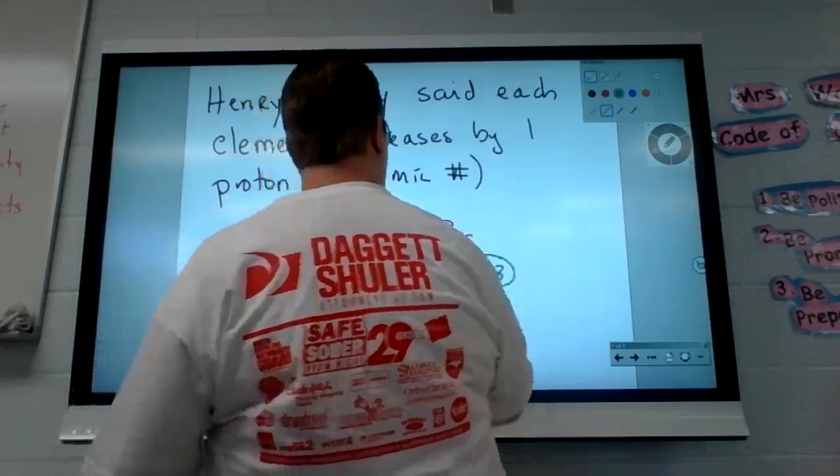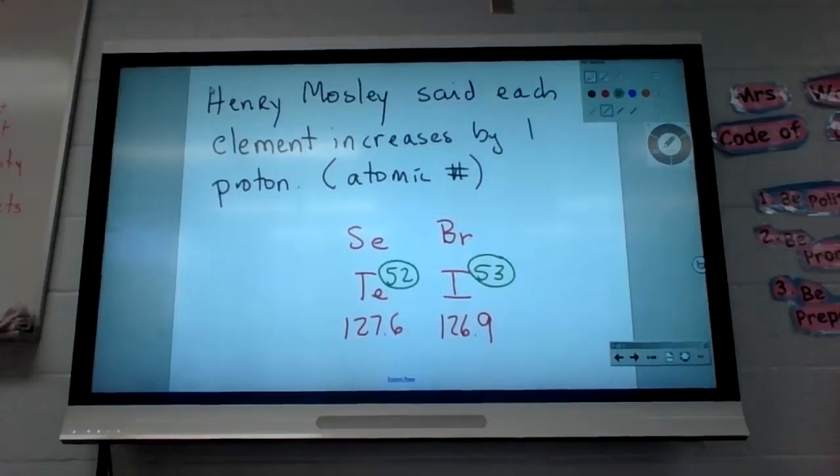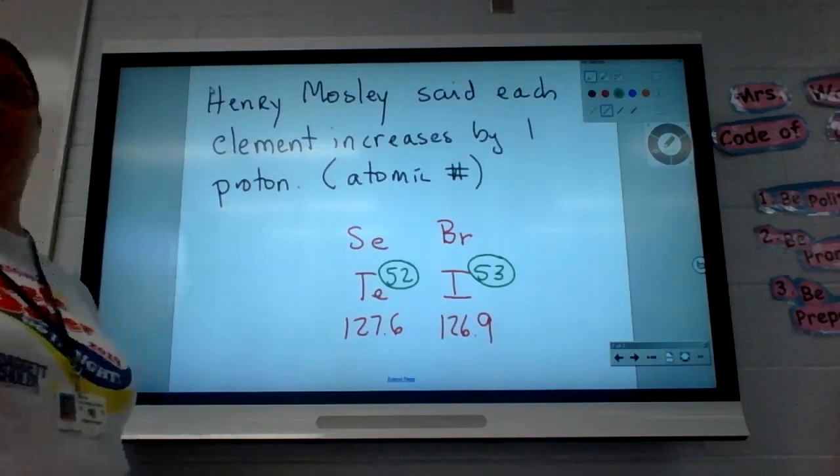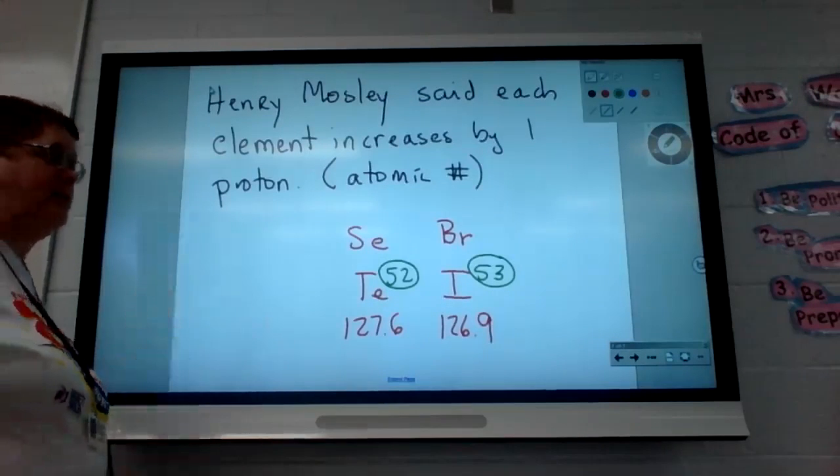Now, if you look at, and I just rewrote it so I didn't have to flip back several boards, if you look at where he had the elements, does tellurium and iodine belong where they are? Yes, even though the mass goes down, atomic number does what? It goes up by what? Now, since Mendeleev did his work in, I think it was the early 1900s, might have been the late 1800s, 3 types of elements have been discovered since then, and those elements have been added to the periodic table.